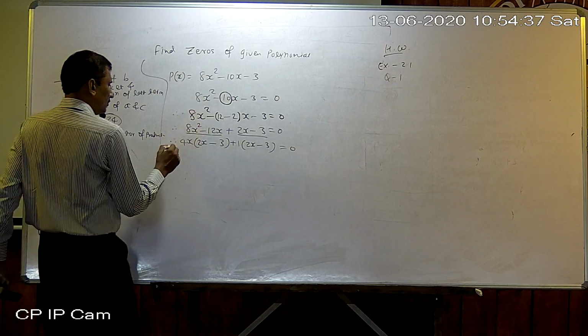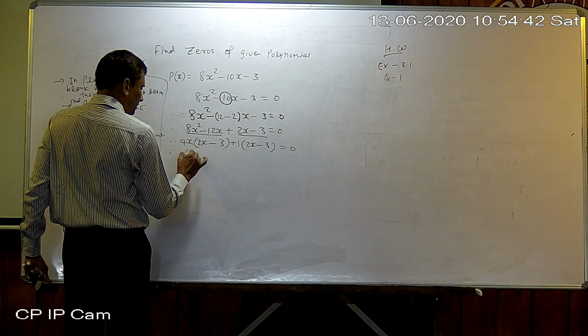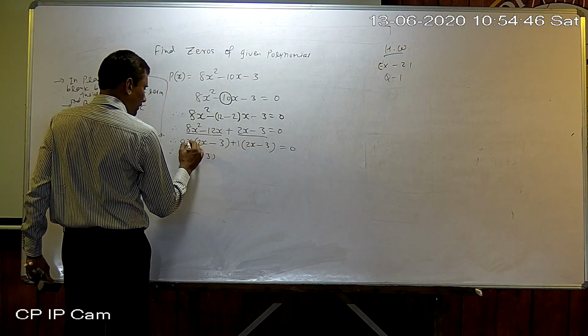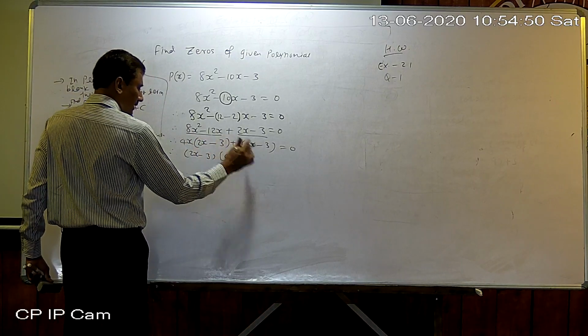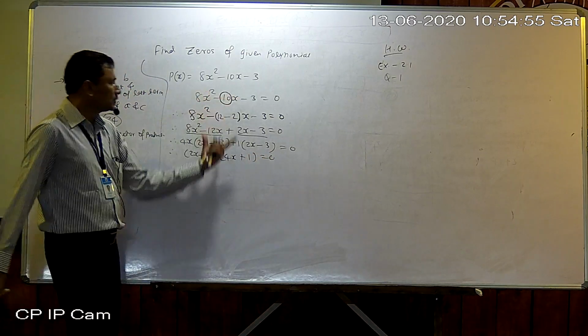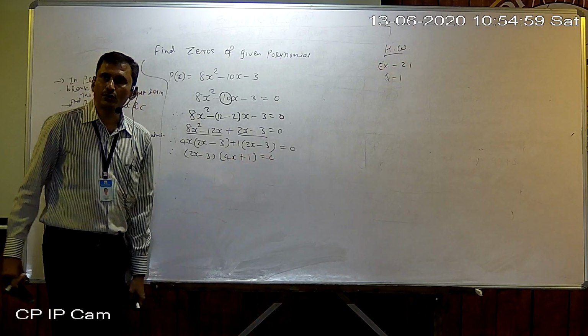Okay. Now you can look here. This is the first term. This is the second term. The whole bracket is common. 2x minus 3 is common here and here both ways. So whatever is left in the first term, 4x, write down. Whatever is left in the second term, 1. So we obtained 2 factors. So factorization is over. But in 2 brackets, the product is equal to 0.